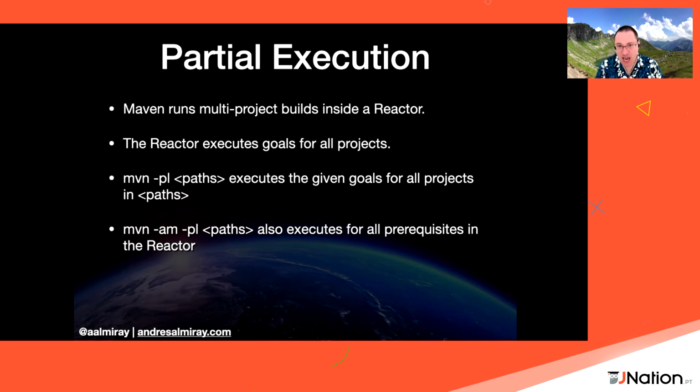So when you say mvn compile at the root of your project, you know that the compile phase is going to be invoked for every project in your build. But if you want just a subset of your build, then you can pass in the -pl parameter, and this PL stands for project list. So you may pass one name or as many names as you want.